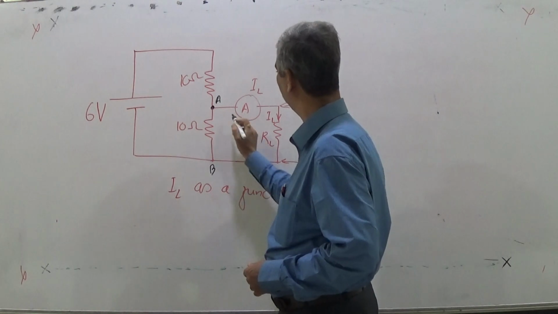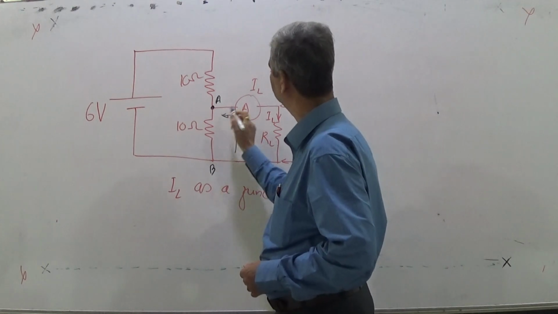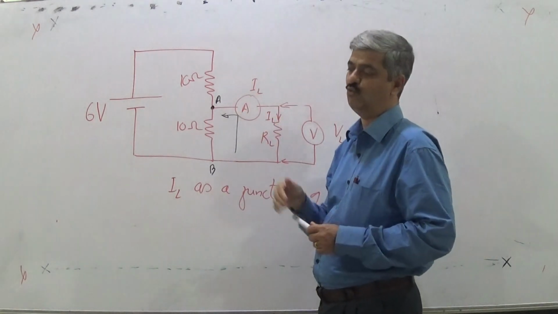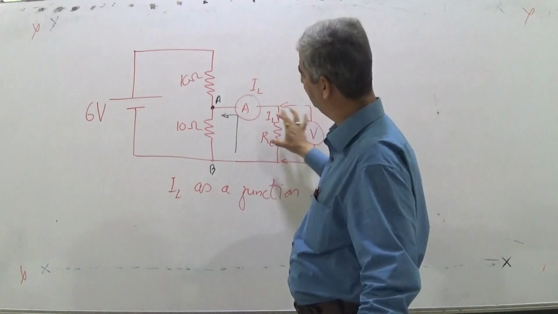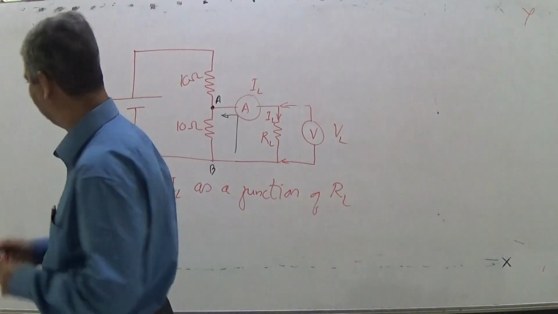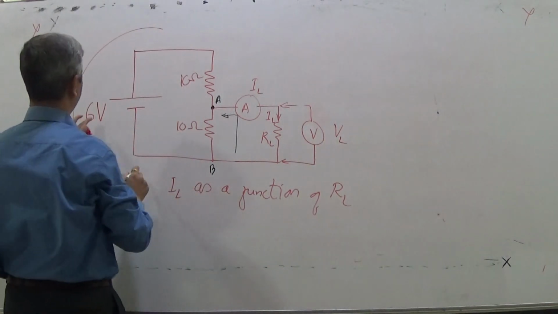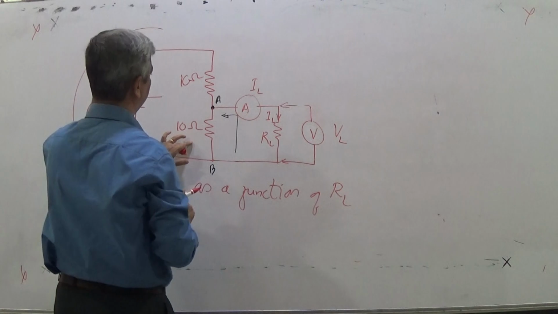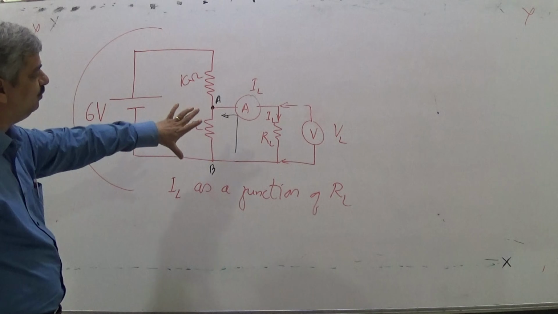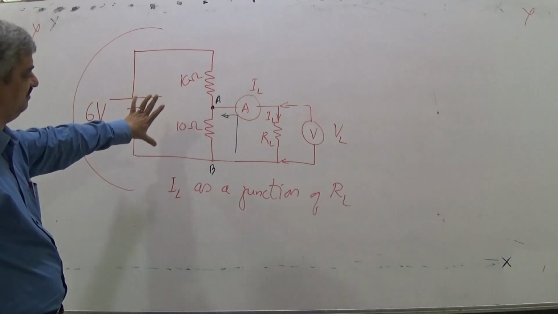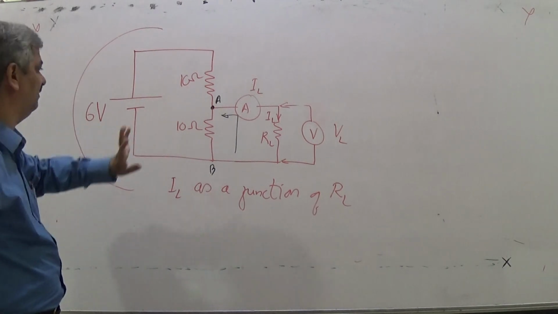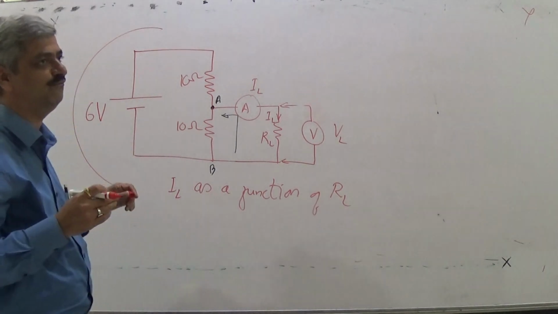So with respect to load you are connecting to something. So what you see inside that, what you see with respect to load, is it possible that this entire circuit, which consists of one voltage source and two resistances, can be made into a simpler circuit? Is it possible for us? So here you may say the circuit is not so different, so there is no need of simplifying to that extent.